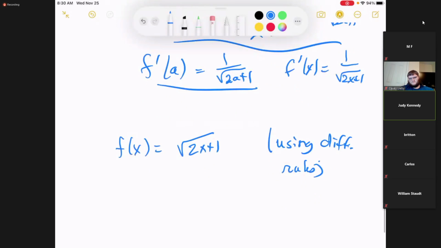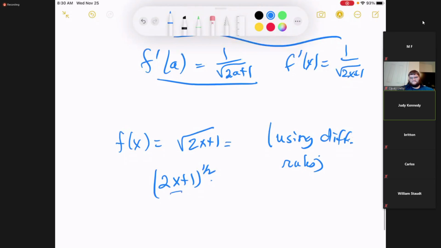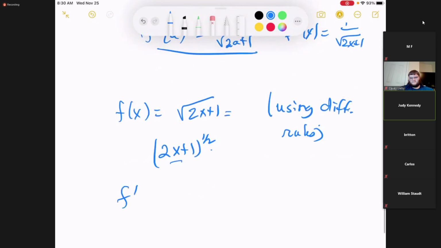I'm going to use the differentiation rules. This is 2x plus 1 to the 1/2, okay? And then I've got a function raised to the 1/2 power. So f prime of x would be, okay, my inside function,